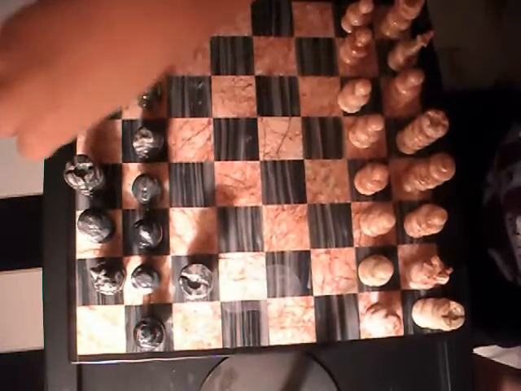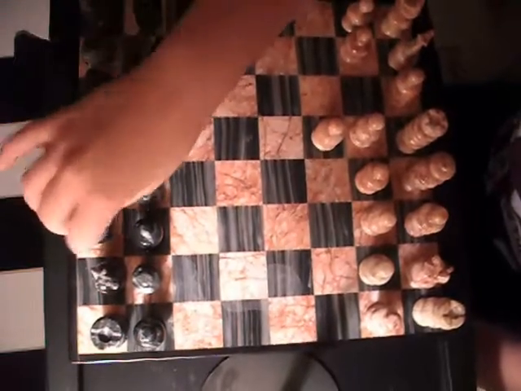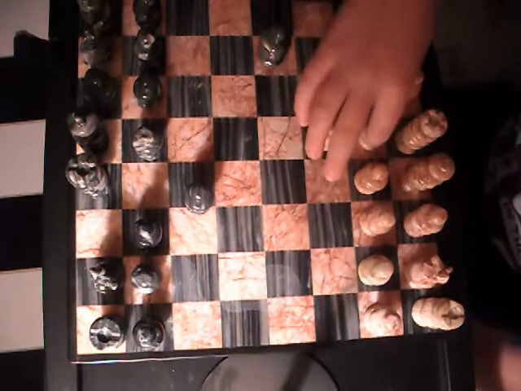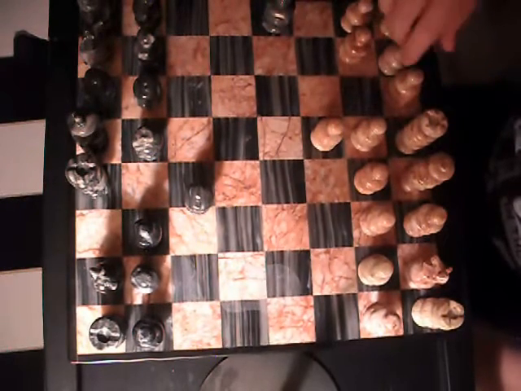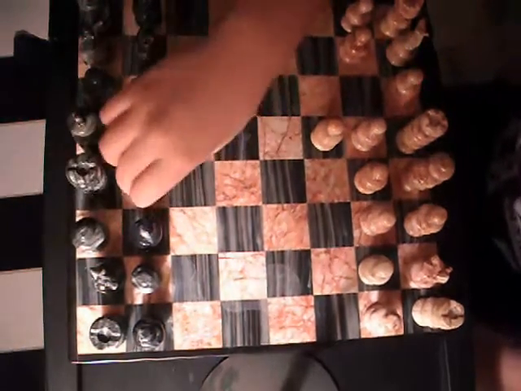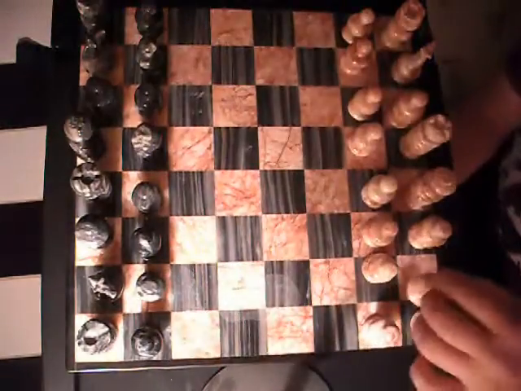Also there is a term, check. That means when you attack the king, but he can, for example like this, still move. You see, like this, the king can still move. That means he can be protected by another figure or something like that. That means it's just a check, and that means just that the opponent cannot play any other move. They can only replace